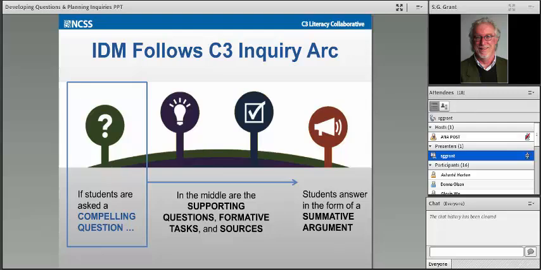In content-rich subjects like social studies, teaching and learning have traditionally focused on finding facts first and then thinking later. That approach simply has not worked for most kids. The inquiry arc reframes that traditional approach by highlighting the use of questions as a way to drive a social studies inquiry. So rather than start on page 1 of the textbook, let's start with a question that gets under kids' skin. So now let's turn to compelling and supporting questions.